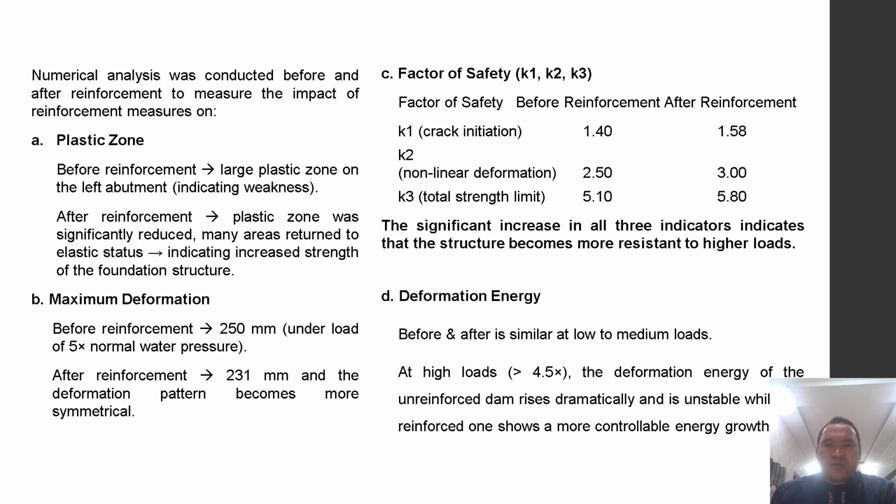The factor of safety was also evaluated by K1, K2, and K3. K1 is crack initiation. Before reinforcement, the number is 1.4, and after reinforcement it is 1.58. K2 is nonlinear deformation. Before reinforcement, the number is 2.50, and after reinforcement it is 3. And the third one, K3, is the total strength limit. Before reinforcement the number is 5.1, and after reinforcement it is 5.80. So this significant increase in all three indicators indicates that the structure becomes more resistant to higher